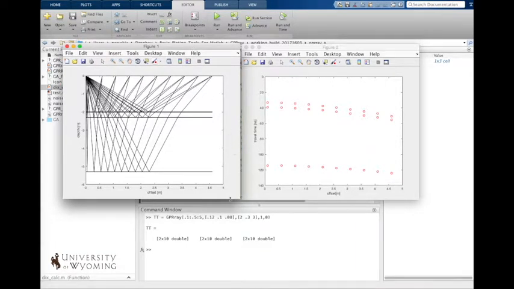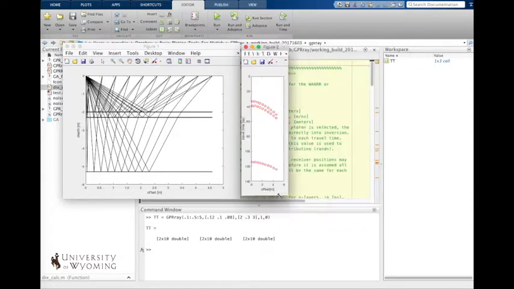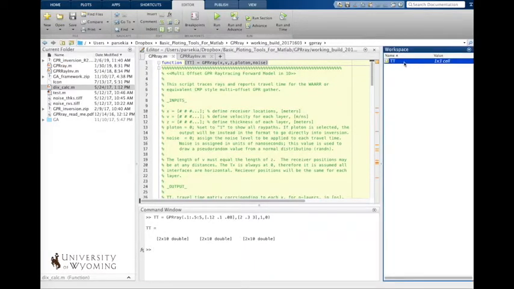So figure 1 shows the ray paths, and it's just kind of helpful to see the geometry, for whatever value you may get out of that. And then maybe the one that's slightly more valuable is seeing the reflection hyperbolas in offset versus time space. The result is a new parameter here in the workspace, TT, and you can see this is a cell array. If we go ahead and open that up,